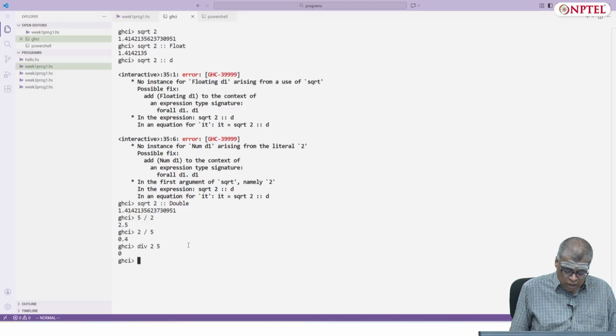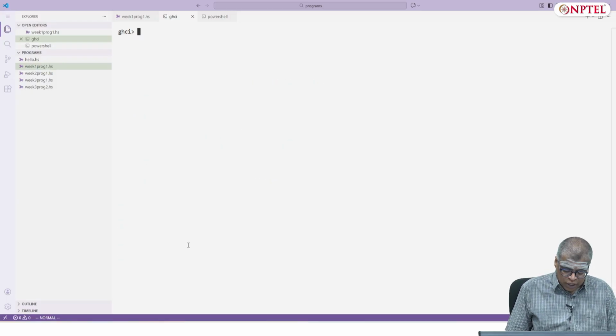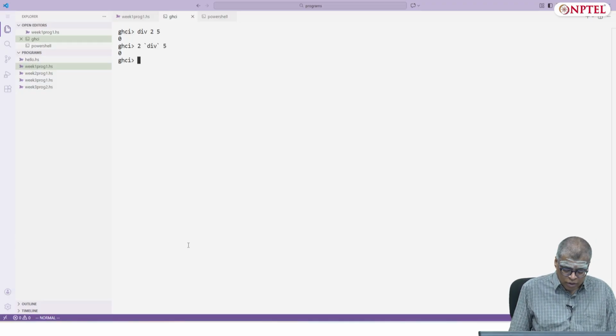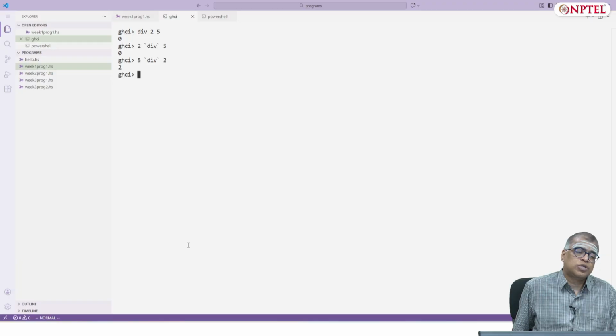And we have already seen in the lectures that instead of saying div 2 5, you can say 2 div 5. But if you are using div as an operator, you have to enclose it with these back quotes or backticks. Okay, 2 div 5 is 0, 5 div 2 is 2.